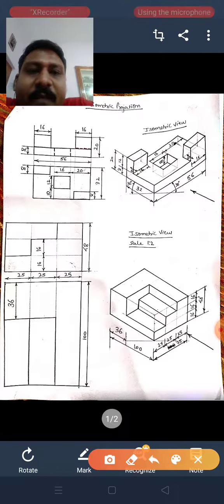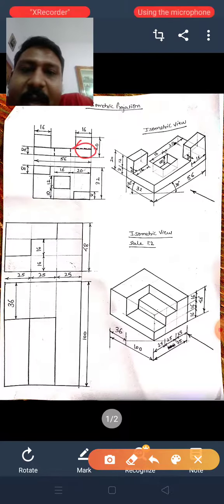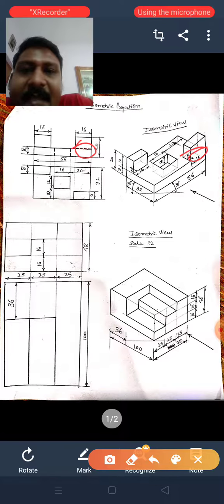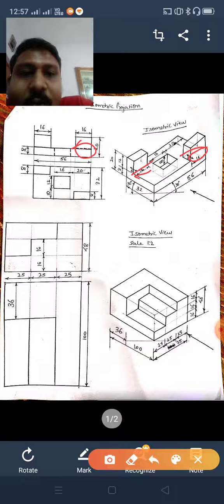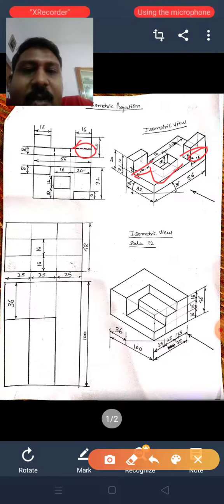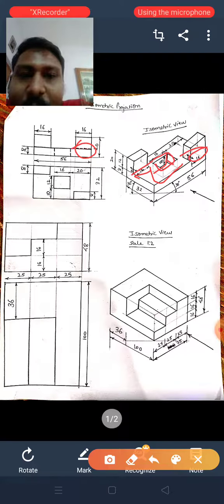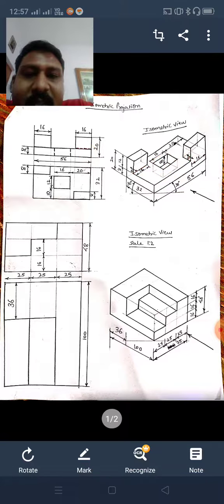You just have to darken the things which are visible. If you are looking from here, then definitely this portion, see here it is given as a dotted line, means this portion will not be visible to you. That's why I have not drawn it. And here it is a dark line, that's why I have drawn this dark line. This is a hole, so all these things will not be seen. You just draw this and take a depth up to this. So this looks like a rectangular hole from the top, and darken the things which will be visible to you. It is as simple as that.